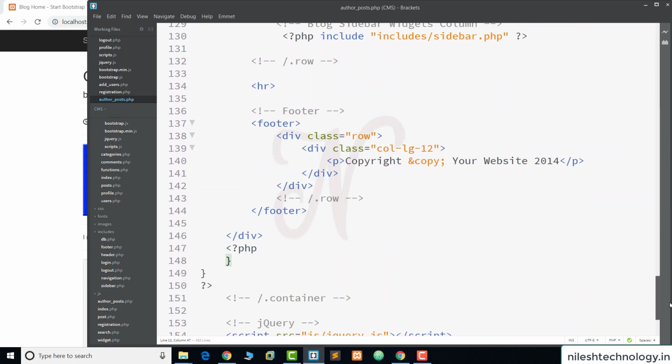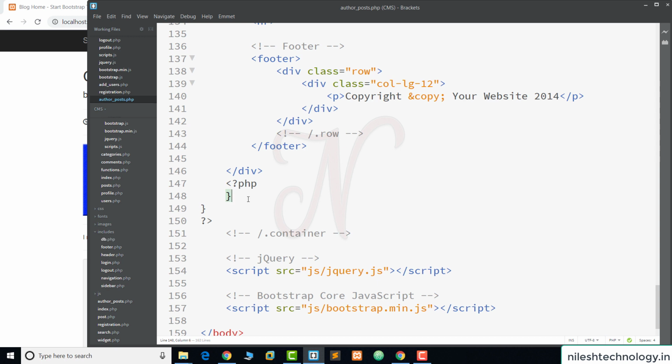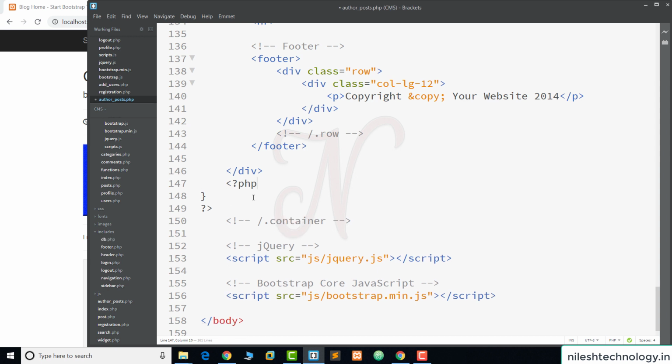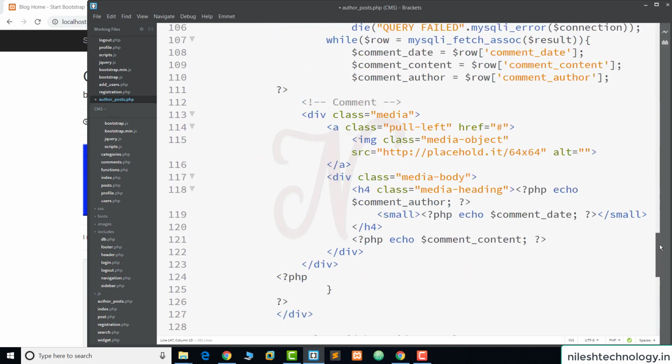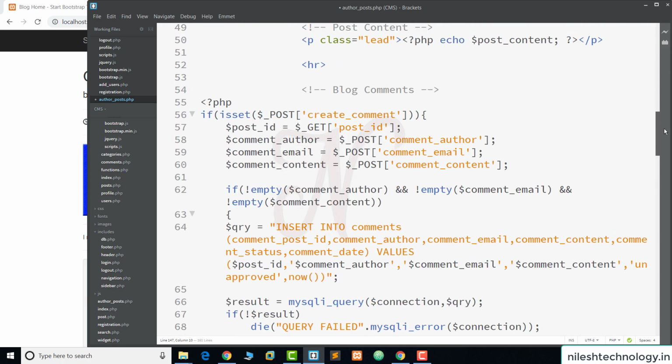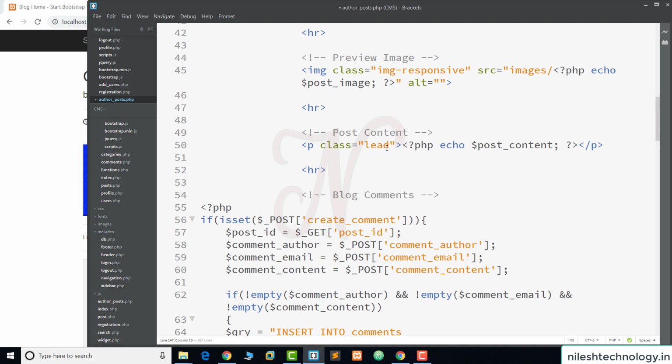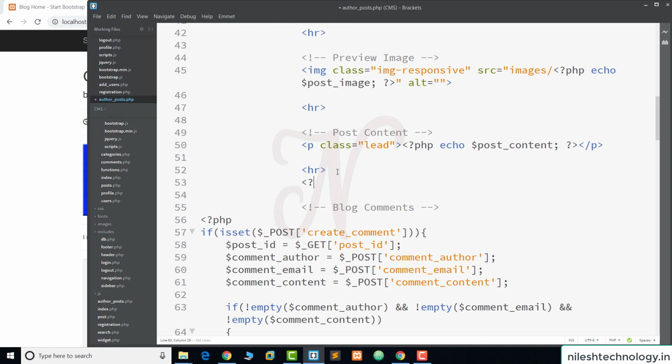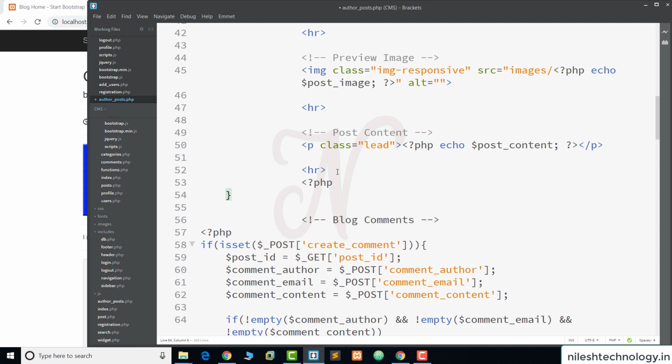Oh, here. This is my mistake. So we remove this one and close the while loop after the post content. Here we add one script and we close this while loop.